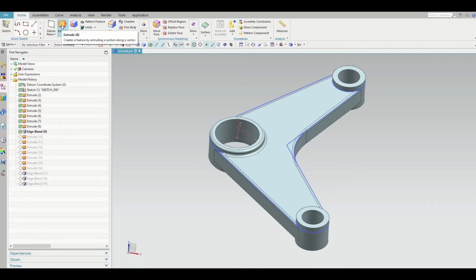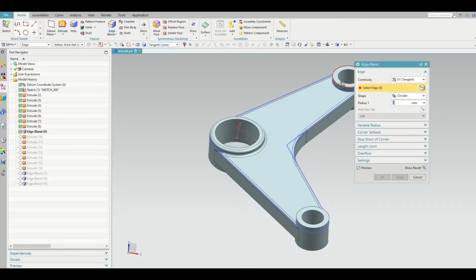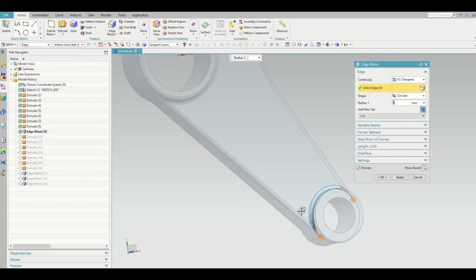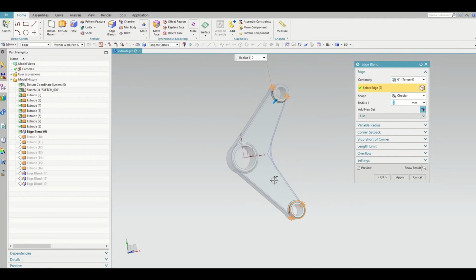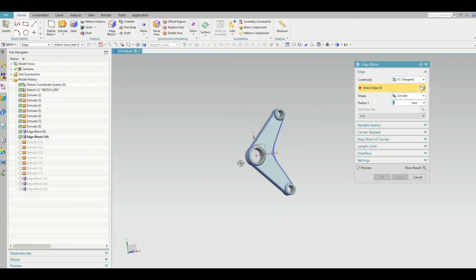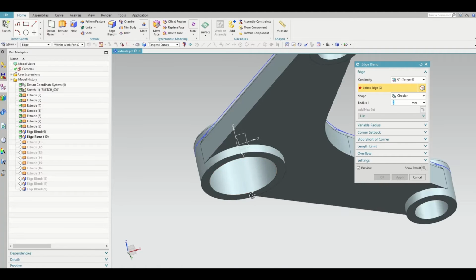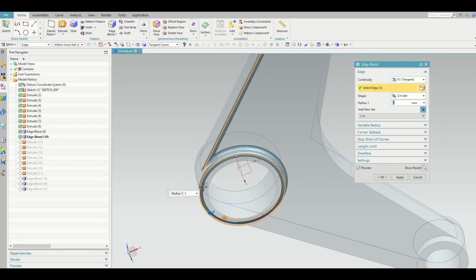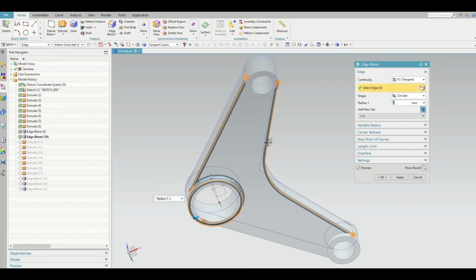In both sides of the edges we define the radius. How to select the radius, see, okay, then it is okay. Okay guys, thank you for attending this session, and in this way we complete the fillet.